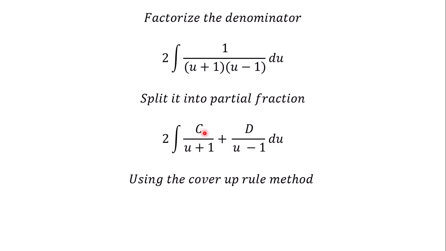C into bracket U minus 1 plus D into bracket U plus 1 divided by U plus 1 multiplied by U minus 1. And because both left and right hand side have the same denominator, you just multiply that through. When you do that, you see that it will eliminate this one and also this one, and be left with 1 is equal to C(U minus 1) plus D(U plus 1). Okay, so using the cover up rule, we are going to put U is equal to either 1 or U is equal to minus 1 into any of these, and then